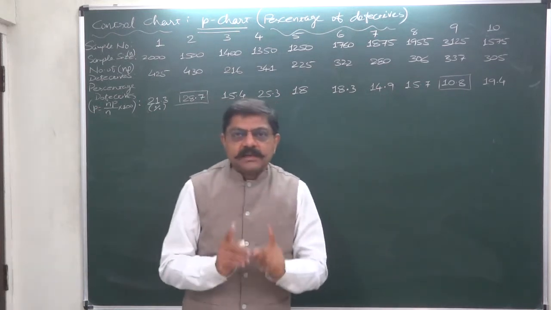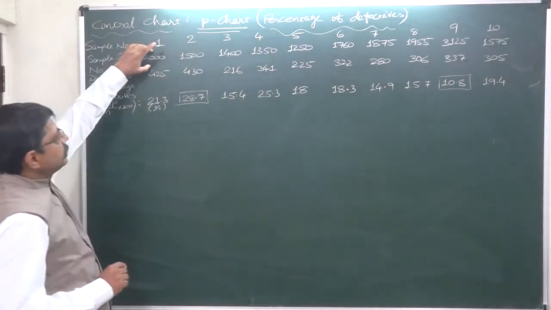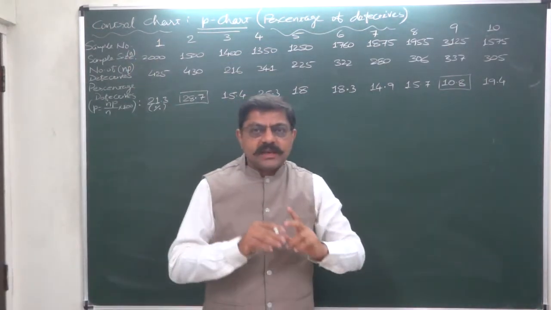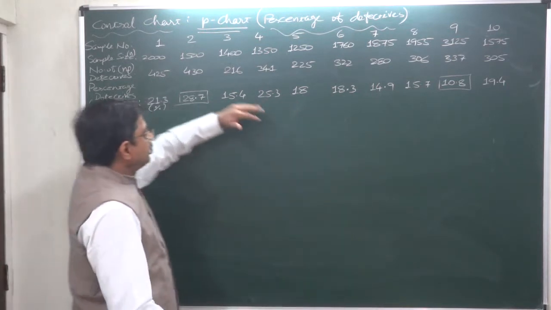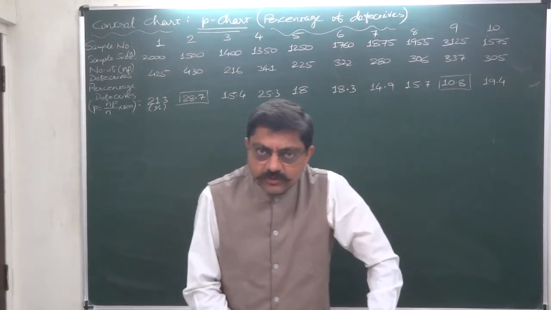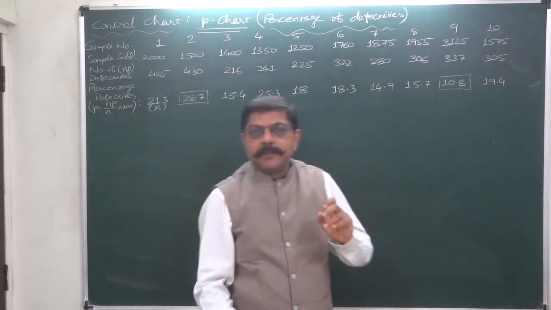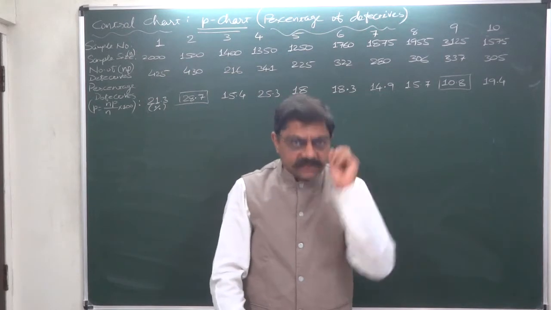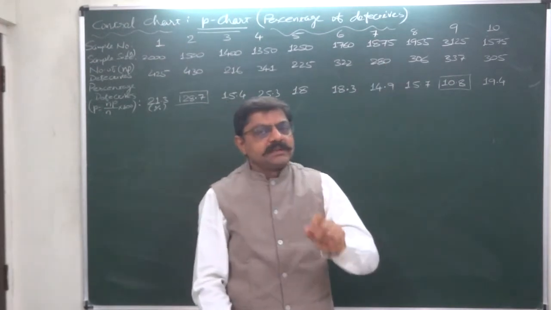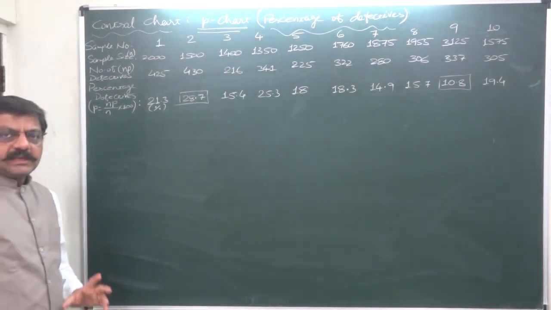So we have to go for proportions or percentage only. But it is not compulsory to prepare percentage defective charts when the sample sizes are not equal. No, that is not the thing. In this case we are discussing two topics simultaneously: the P chart in case of different sample sizes as well as the P chart as percentage defective charts. In case of equal sample sizes, the P chart can also be drawn as percentage defective charts. So percentage defective charts are not compulsory in case of different sample sizes, mind well. But here I am going to cover both the cases simultaneously.